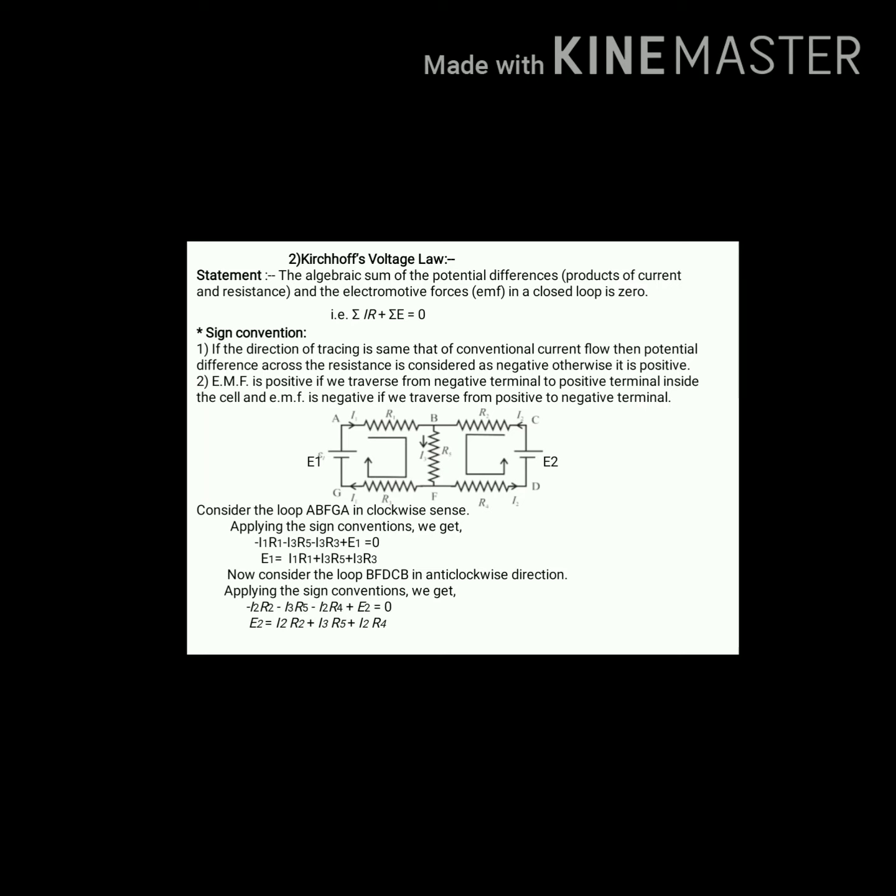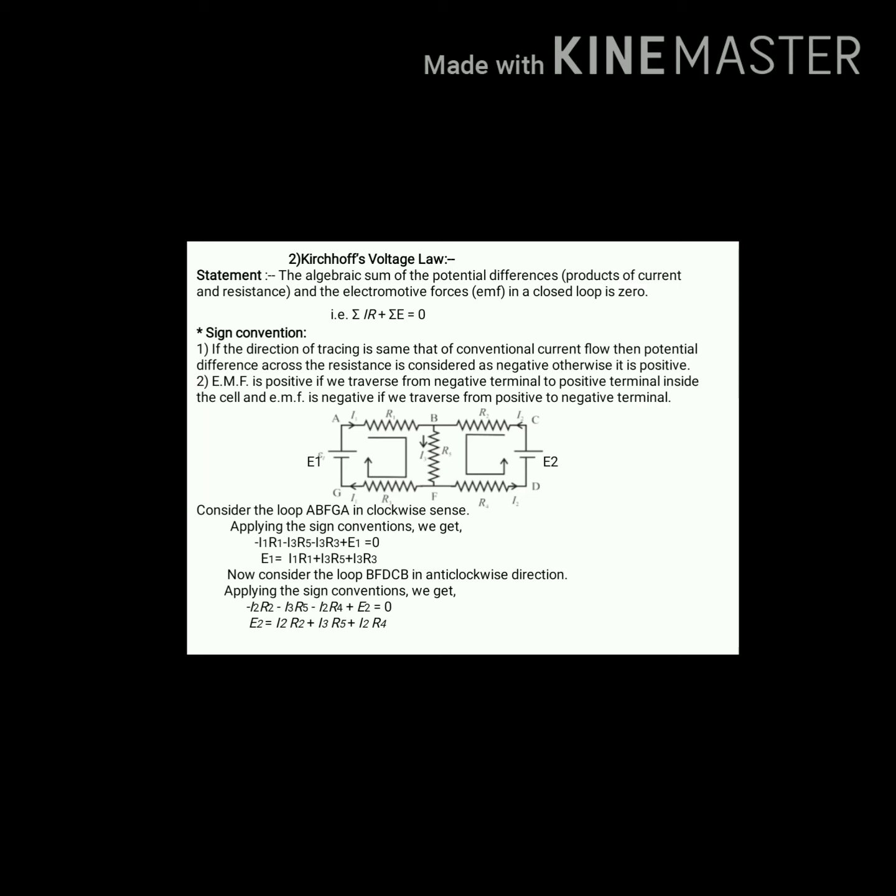इथे एक सर्किट डायग्राम दिलेला आहे, त्याच्यामध्ये ABCDFG, there are 5 resistance R1, R2, R3, R4 and R5. E1 and E2, these are the EMF. First, consider the loop A, B, F, G, A in clockwise sense. By applying the sign convention, we get minus I1 into R1 minus I3 into R5 minus I3 into R3